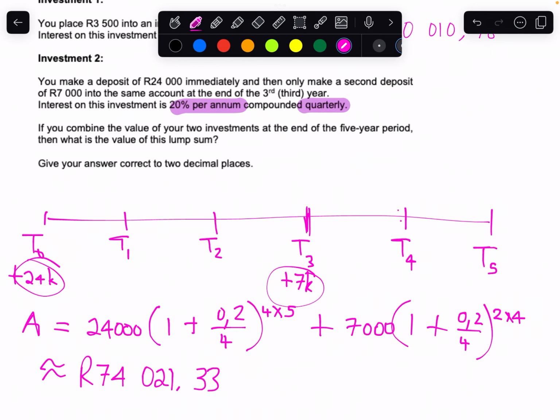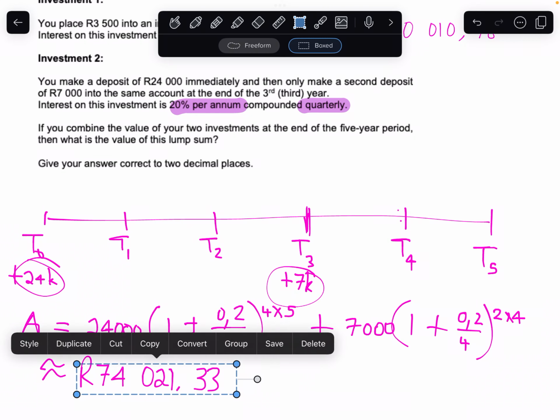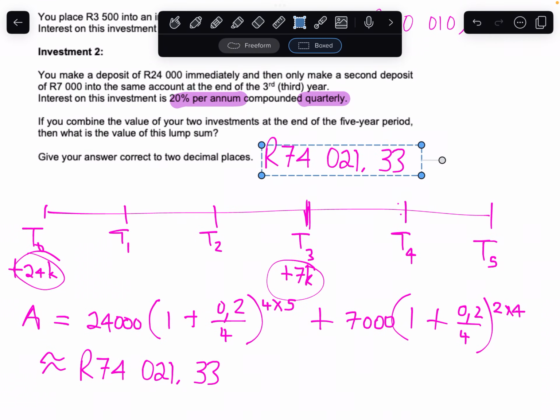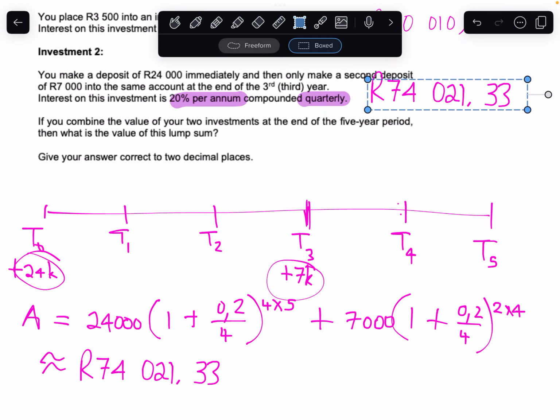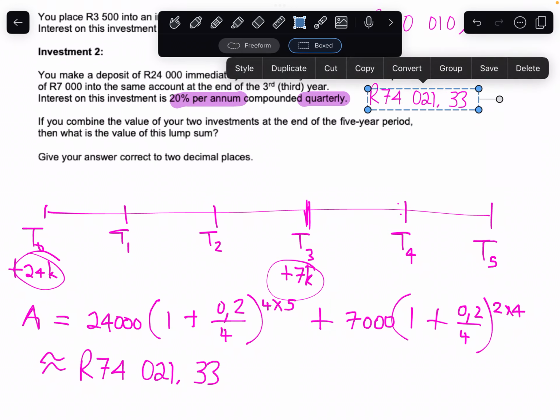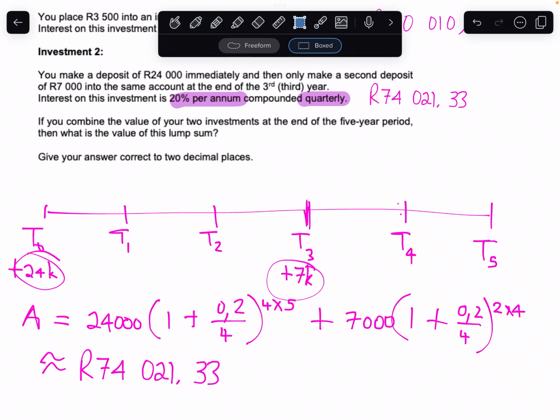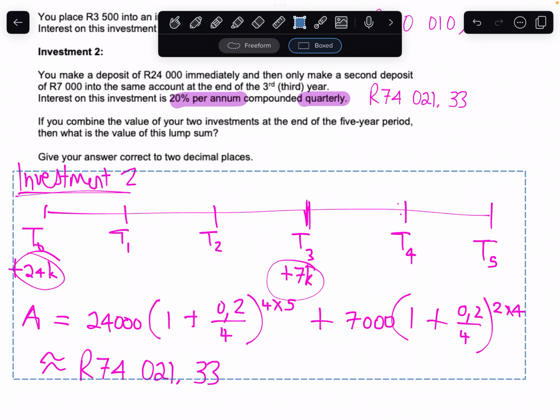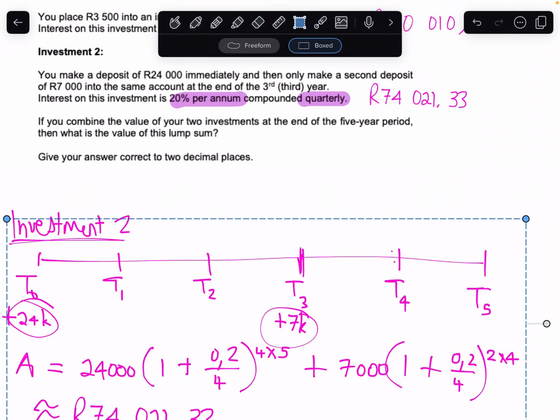So we know that this is what it will yield. I need to highlight that this is investment 2. So the value of the complete portfolio, rather, will have a value of